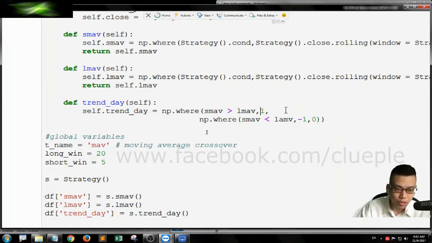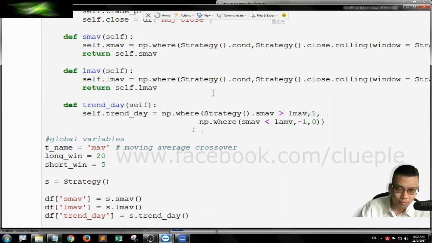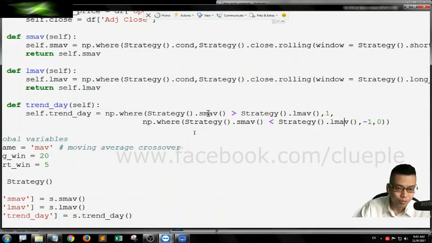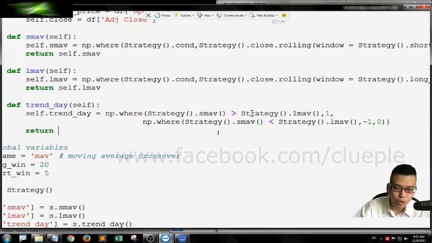Otherwise, it's 0. So let me change the SMAV to strategy class.SMAV. Oops. SMAV is a method, so we need a bracket, and we do the same to the LMAV. Okay, so we do the same for the strategy class.SMAV bracket and a strategy class for the LMAV. So just be careful with the spelling. Okay, and we return self dot